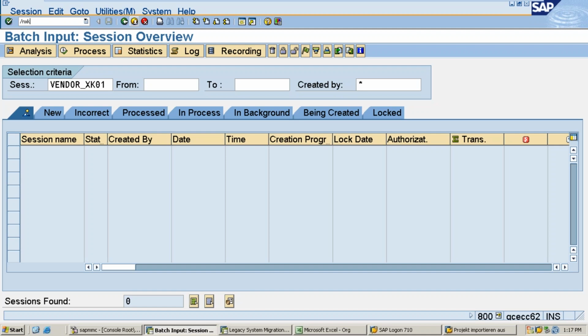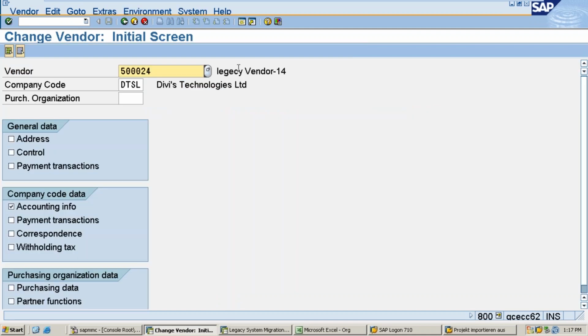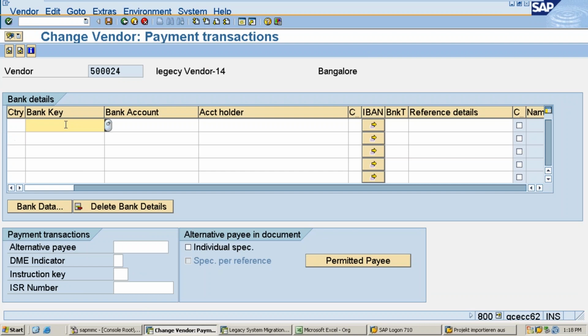Example XK02. I forgot to enter the IBAN number. Now I would like to enter it here. So just go to your bank details. Okay, you can enter it now. During the creation itself, you can enter. See whatever details you are going to enter here: country, the bank key, bank account number. See, for example, if I enter something like this, will it accept? Okay, it is accepted, so you can enter it.